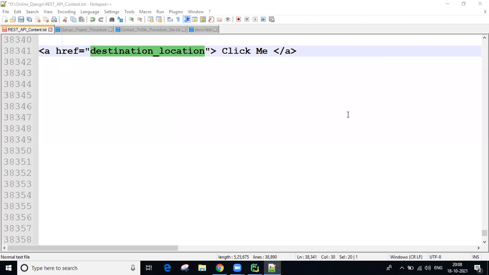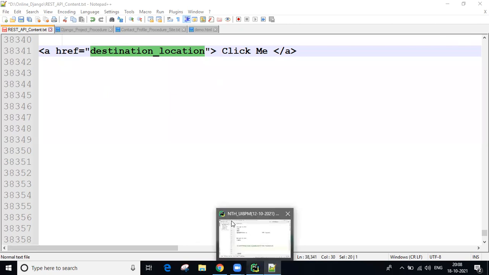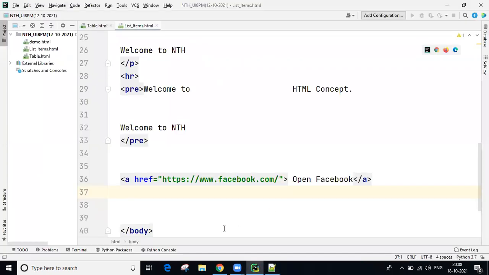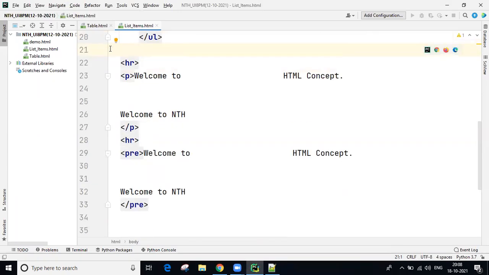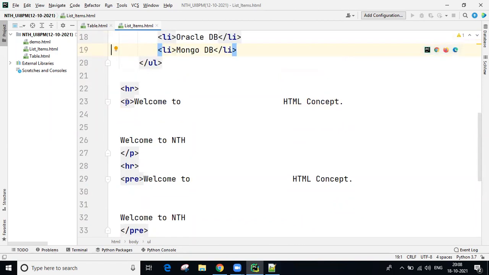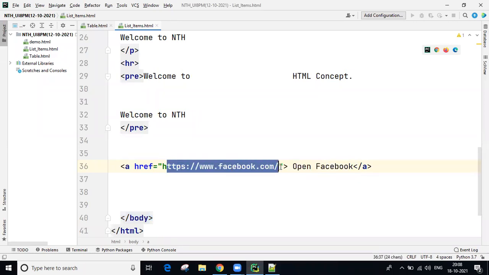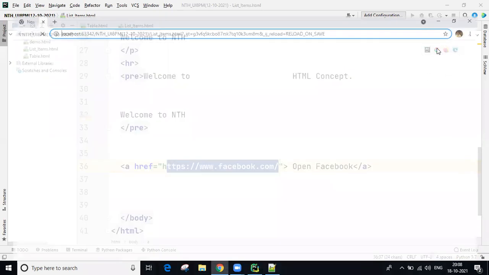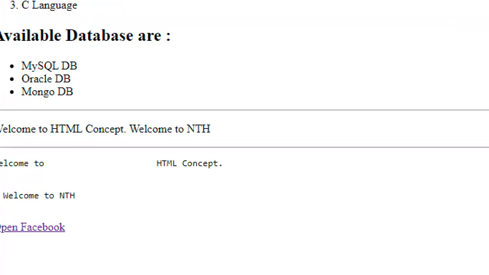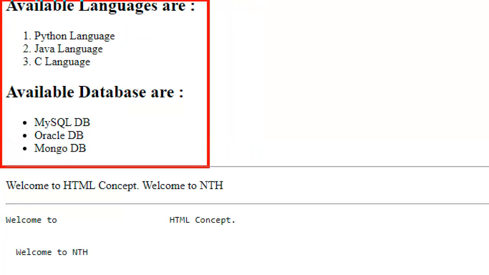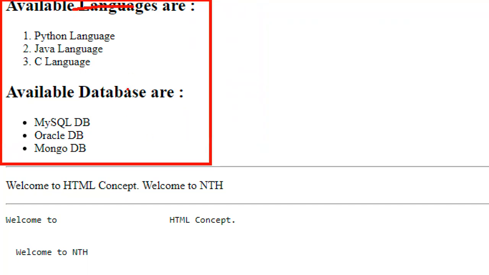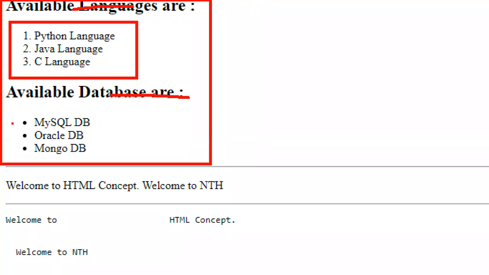Okay, now we'll create some basic links, guys. Basic links. You can see here, in the last session we created one basic code, links related. Here I created a link to open Facebook. Whenever you click, the Facebook page is going to open. So now click here. These things, guys, use the OL tag and UL tag, we created an ordered list and an unordered list. This is H1, H2 tags, and this is an OL tag, this is a UL tag.